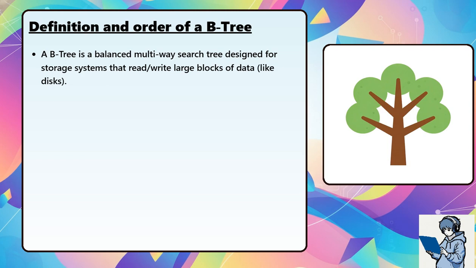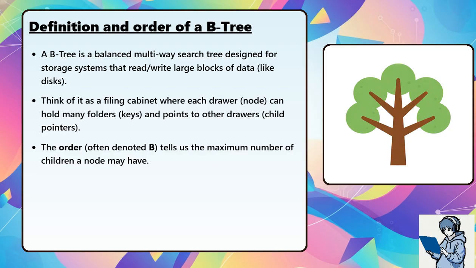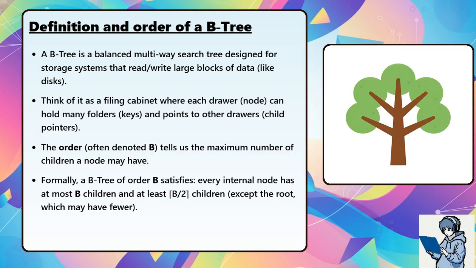A B tree is a balanced multi-way search tree designed for storage systems that read and write large blocks of data, like disks. Think of it as a filing cabinet where each drawer (node) can hold many folders' keys and points to other drawers (child pointers). The order, often denoted B, tells us the maximum number of children a node may have. Formally, a B tree of order B satisfies: